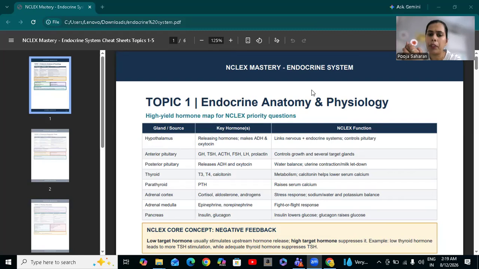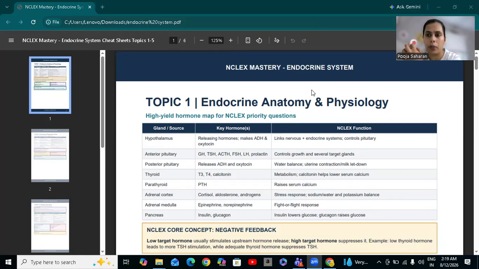The functions of the anterior pituitary are all related to the respective hormones. For example, growth hormone, as the name suggests, helps in growth. If the anterior pituitary increases the growth hormone, what will happen? And if it releases growth hormone in an inadequate amount, what will happen? So there are two situations, either increase or decrease. That we are going to discuss later on. This is the basic part. We are understanding the basic fundamentals of endocrine.